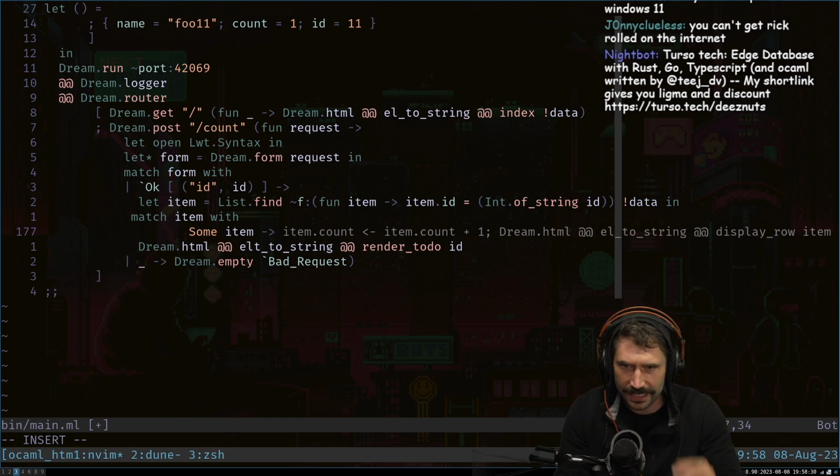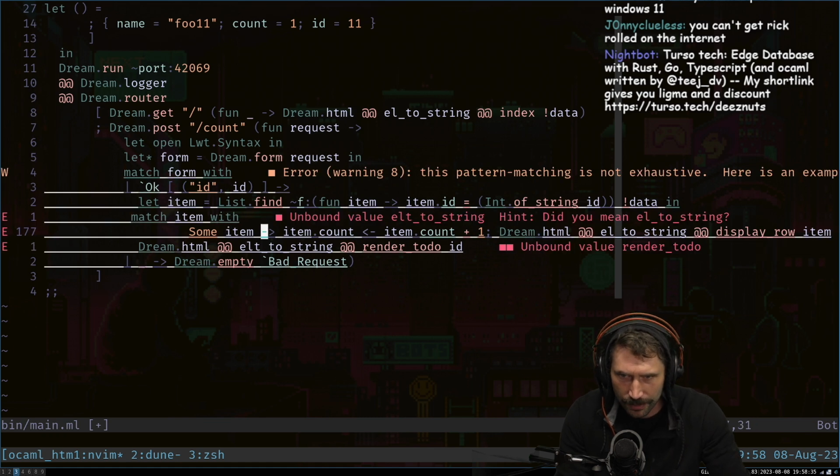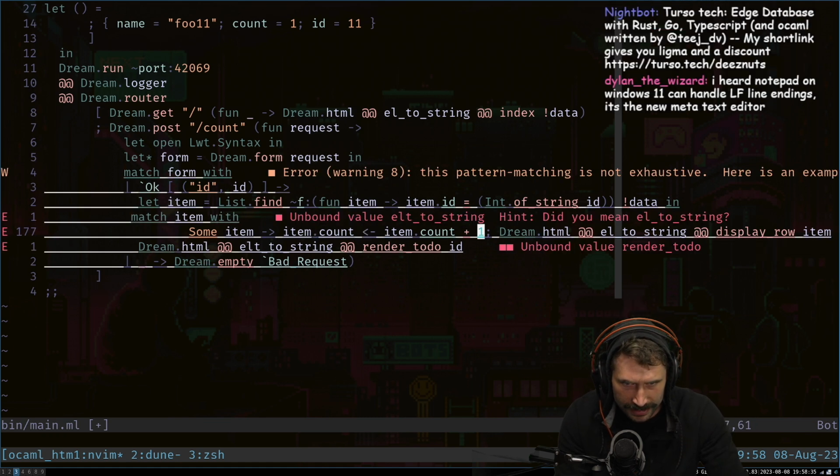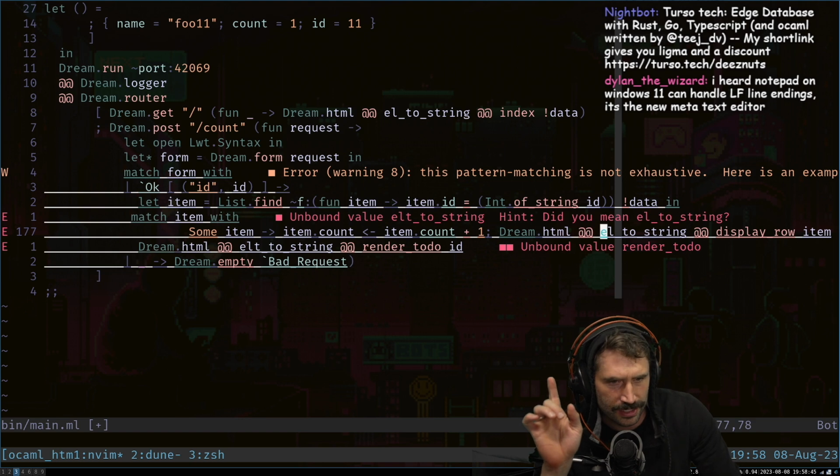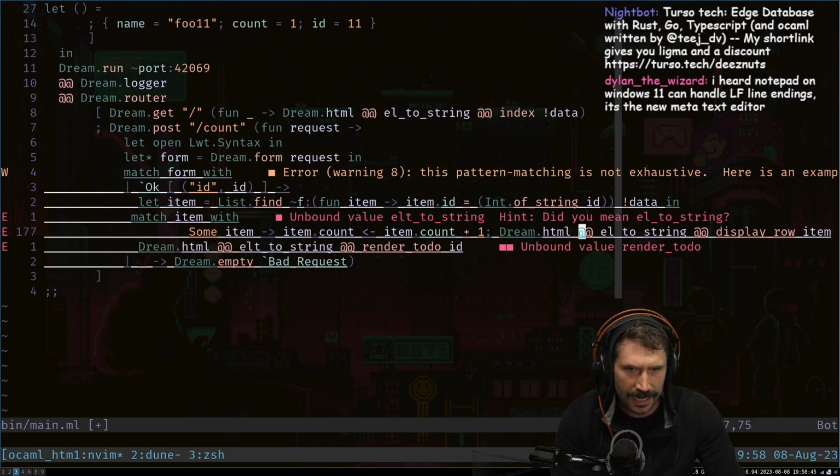All right, so now we got to take this thing. I want to do this. Okay, this is perfect. This is pretty much what I want to do, right? I want to take the item. I want to increase the count by 1. I want to render some Dream HTML by changing this into a string, blah, blah. But I don't really need to do all of this, right? I don't actually need to do any of this. I can just simply do